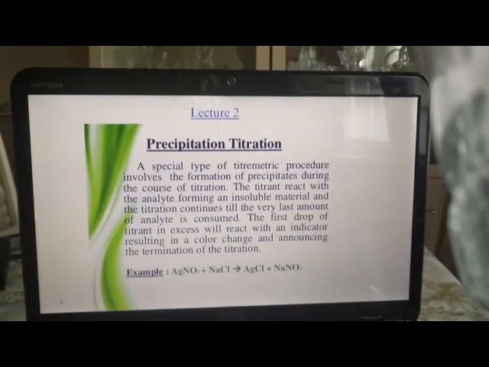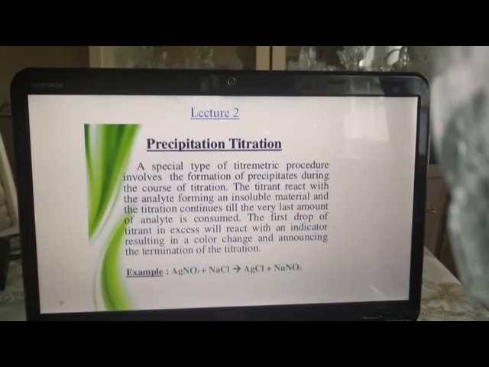The titrant reacts with the analyte forming an insoluble material, and the titration continues till the very last amount of analyte is consumed. The first drop of titrant in excess will react with an indicator resulting in a color change